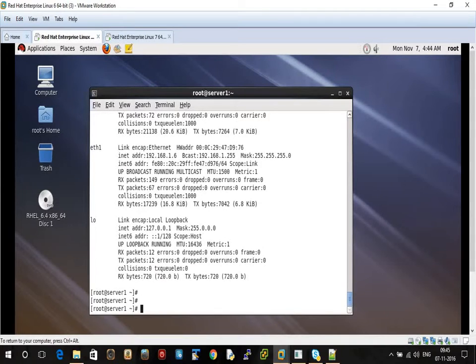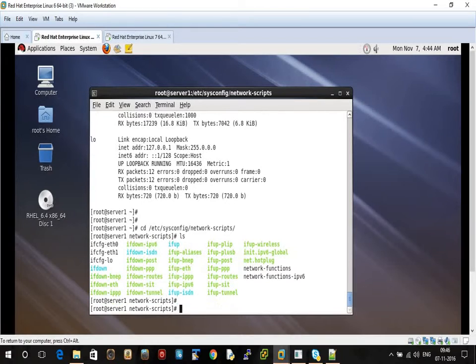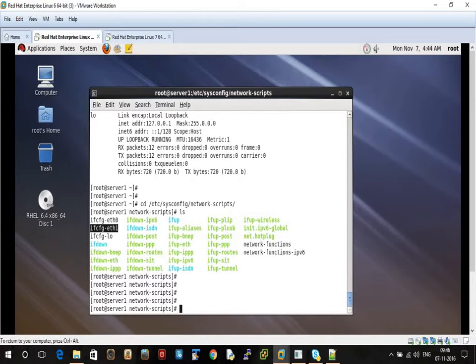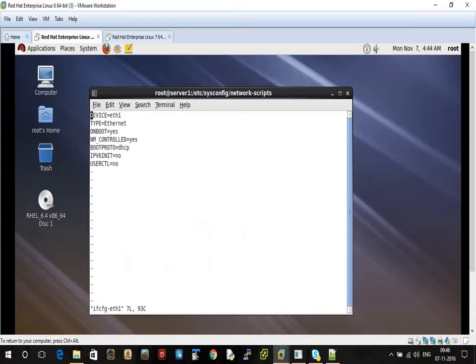Now we need to edit the configuration file for eth1 in order to provide it a manual IP address. So go to the location cd /etc/sysconfig/network-scripts, do an ls. So we have a file called ifcfg-eth1. We need to edit this file, ifcfg-eth1. Right now it's taking an IP address from a DHCP server, so we need to change it to none or static,